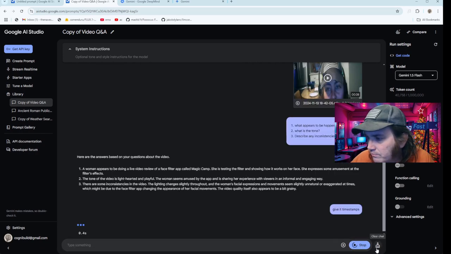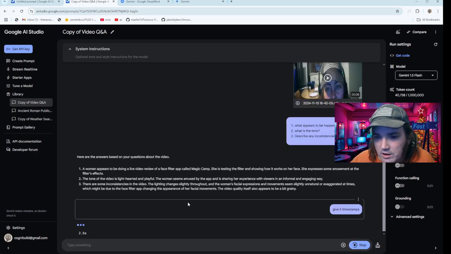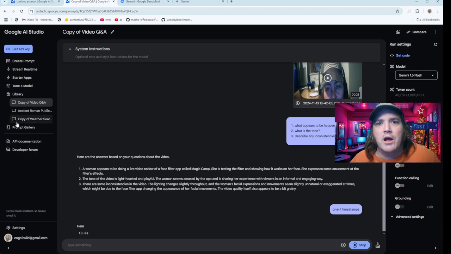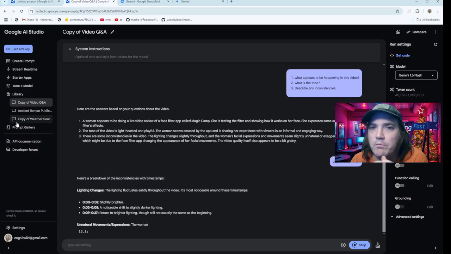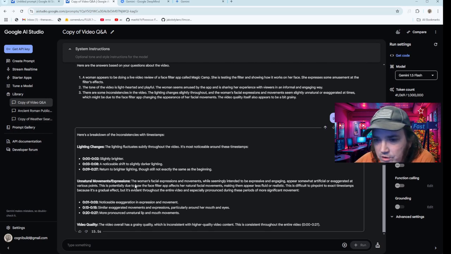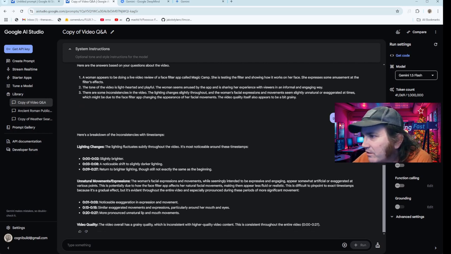And then we'll run, and we'll let it go through it again. One of the things you can do with this, which is cool, over here in our prompt gallery, there's an app for it where you can have it go through, create the timestamps, and give it captions, which is very cool. Okay, so here it goes. It went ahead and captioned it for you. So you can see what it's doing.